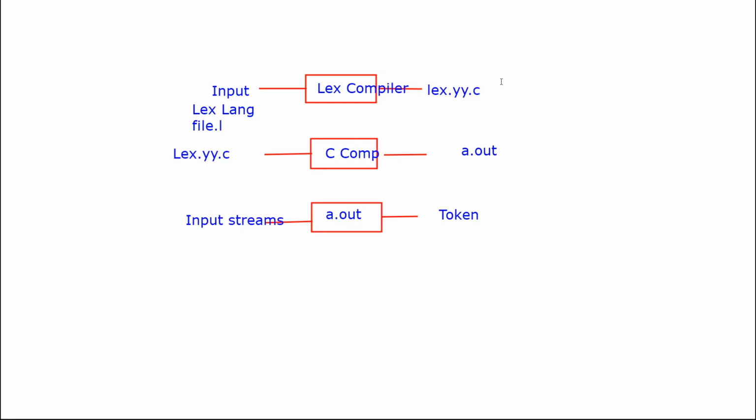We give the input streams and it generates the respective tokens according to whatever you have written in the Lex language program. Now we'll see how to write the Lex program. What is the structure of the Lex program?